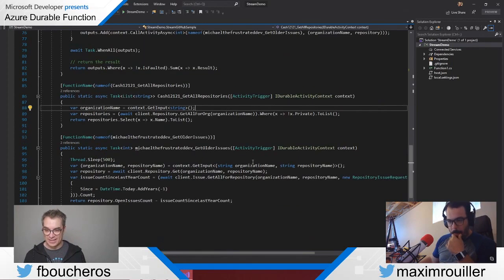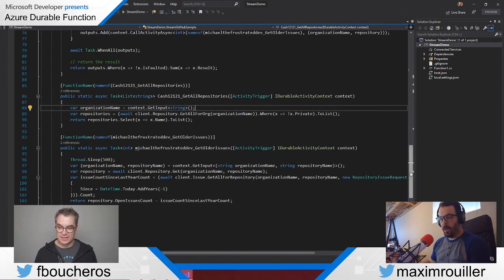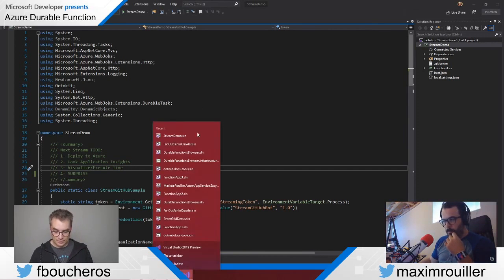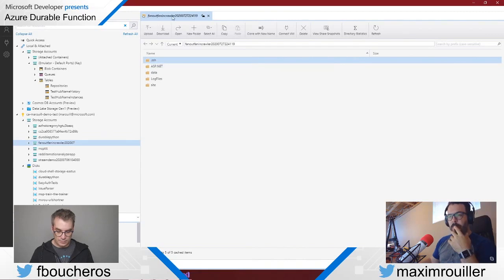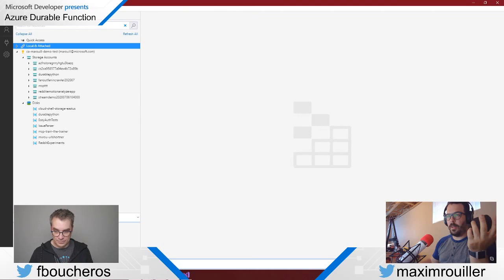So let's take a look at exactly what happened here on our execution. So I'm going to open up a different project. Everything that we did, we can take a look, for example, at our Storage Explorer. This is a Storage Explorer that you can install. This is built on Electron, the same thing that runs